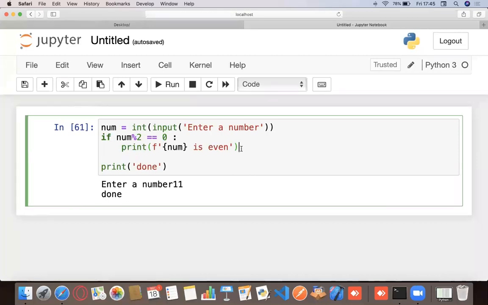In other programming languages, it would have been no problem since there were curly braces. But in Python, there are none. Rather, you write a colon in here. So this colon marks the start of the if block, the beginning of my if block.